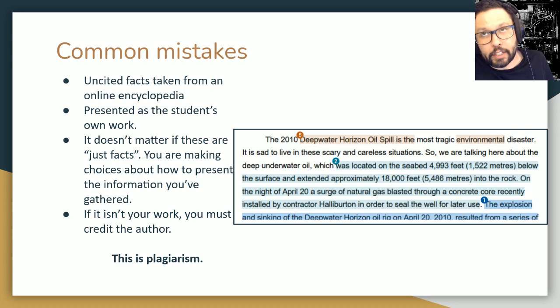Very common to see is citing facts and figures, especially from Wikipedia or other online encyclopedias. I think this one was taken from Britannica.com. And again, the issue is not that you're taking information from other sources, but that it's not being properly cited and identified as material that's not your own work. If you look at this essay, and this is the output from Turnitin, the highlighted bits are all the parts that Turnitin suspected of plagiarism. And the issue for this slide is this second passage here, which is a long passage, almost 4 full lines long,